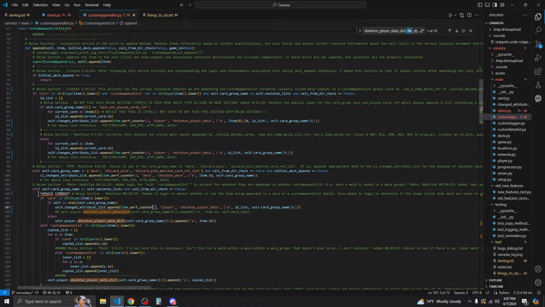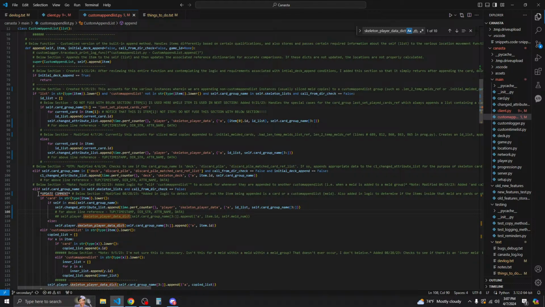So this is going to have the time.perf_counter, the player as the dir string, adder as the skeleton player data, the adder name, and then the actual data is going to consist of an item ID and then self.meldnum.